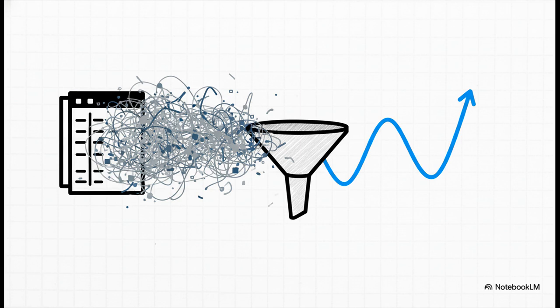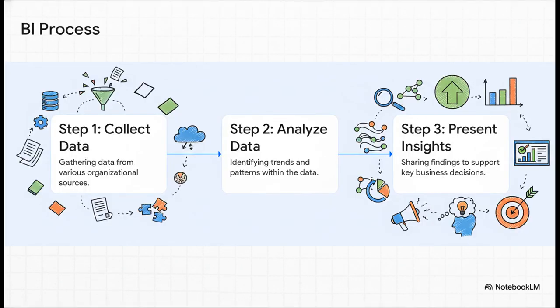And that's exactly why the whole field of business intelligence, or BI as you'll hear it called, even exists. It's all about having a process to turn that overwhelming noise into a really clear, useful signal. And you know what? At its core, the whole BI process is actually pretty simple. It's really just 3 steps. First, you got to collect all your data from all the different places it lives. Then you analyze it. You're looking for patterns, for trends, for anything interesting. And finally, you present what you found in a way that helps people make smarter, faster decisions. It's a simple, structured way to get a handle on your data.